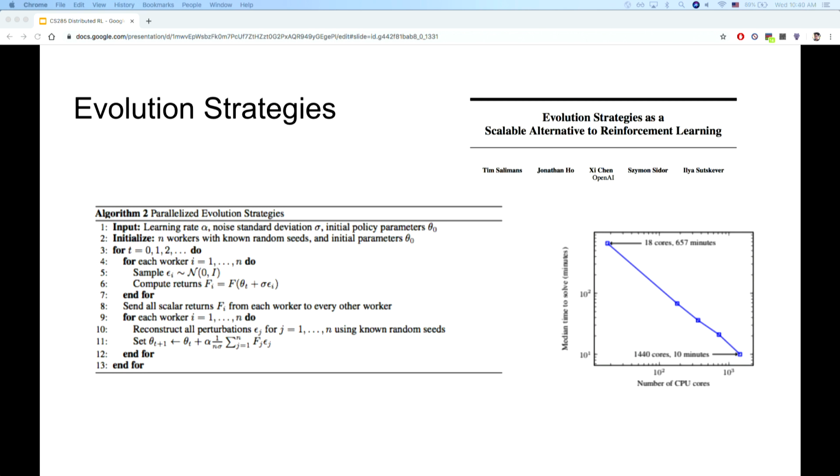Specifically, evolution strategies is a massively parallelizable optimization mechanism, and they run thousands of workers. Each of them has its own copy of the environment, and each of them also has its own copy of the neural network. And each neural network is slightly perturbed by some noise value, and they'll evaluate one trajectory